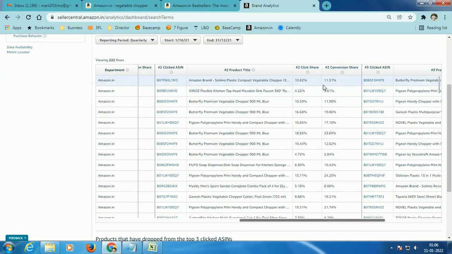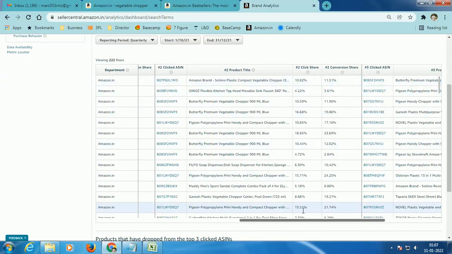Now what does it mean? Let's say if 100 people are searching for this specific keyword chopper, out of 100, 10 to 11 people are opening this listing, right? And among these 10 to 11 people, 10% of that is like 1 person is buying that product, right?